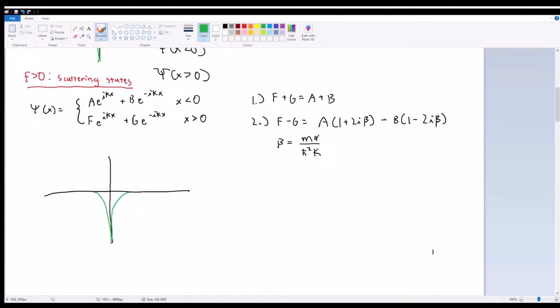What we would have, because this is to the left, is a positive wave going to the right, so Ae^(ikx), and a negative wave going to the left, Be^(-ikx), and then a positive wave going to the right, Fe^(ikx), and then a wave going to the left, Ge^(-ikx). So